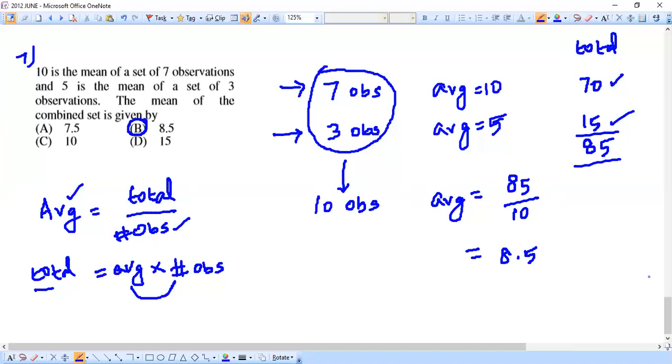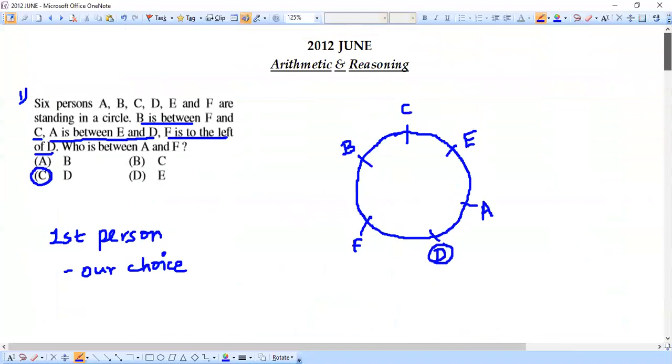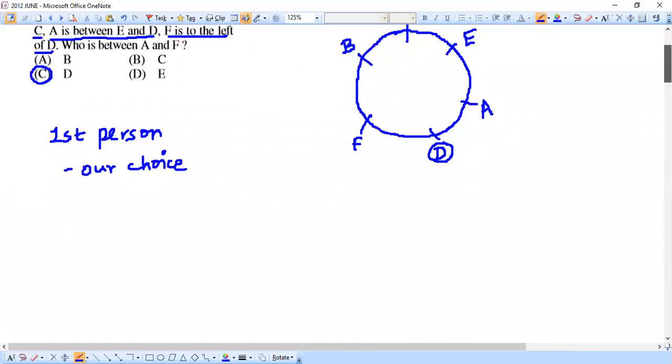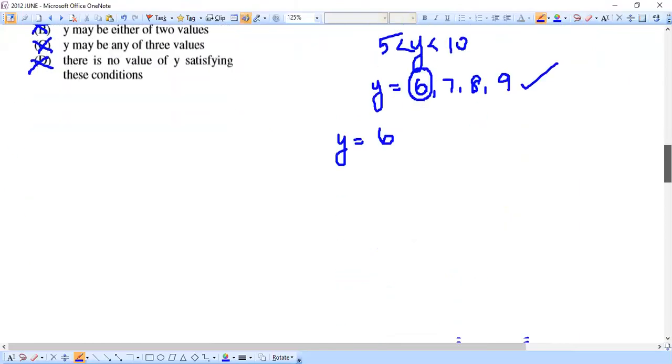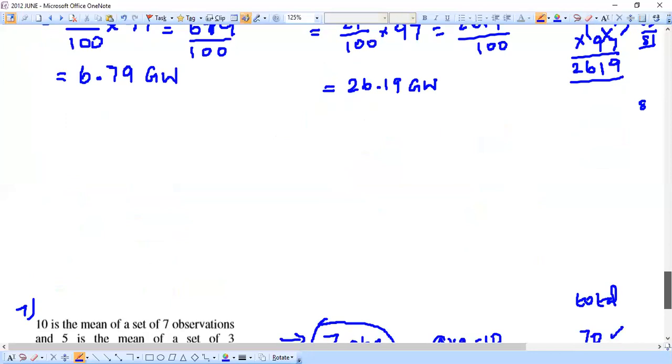That's all. We have completed all the questions here. And I think we had a very long session in solving this 2012 June arithmetic and reasoning paper. We had some very challenging questions and also saw some new varieties of questions from different topics. Even if you have any doubts, you can surely post them in the comments. You are welcome to do that.